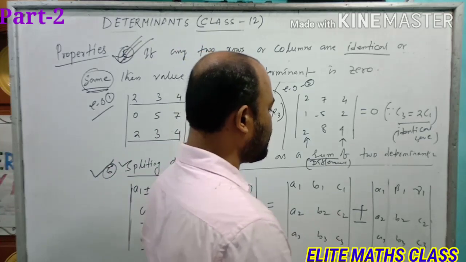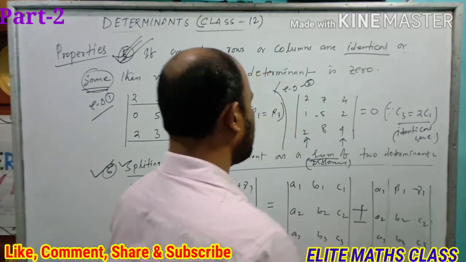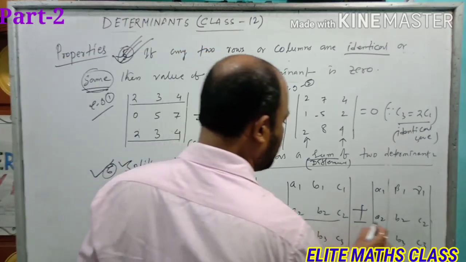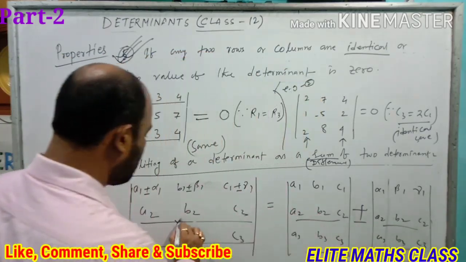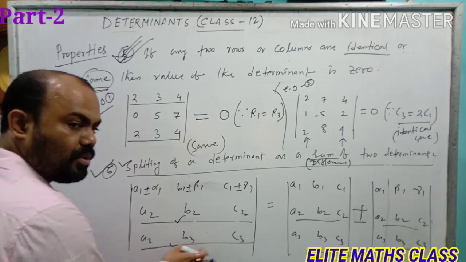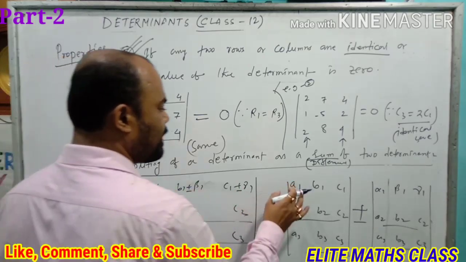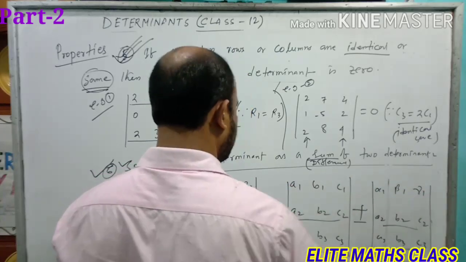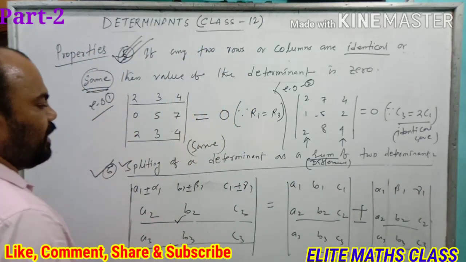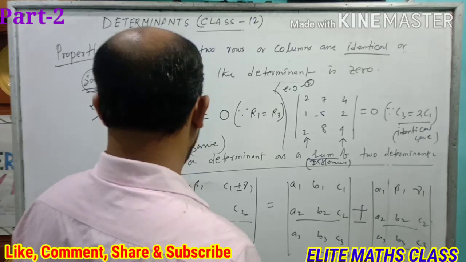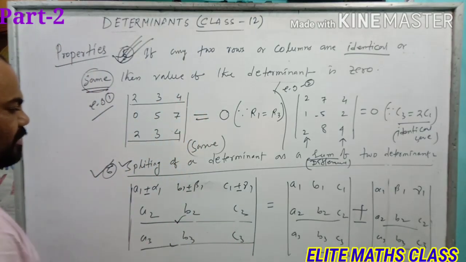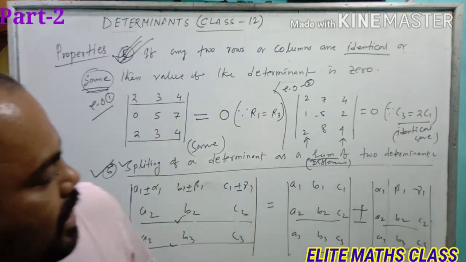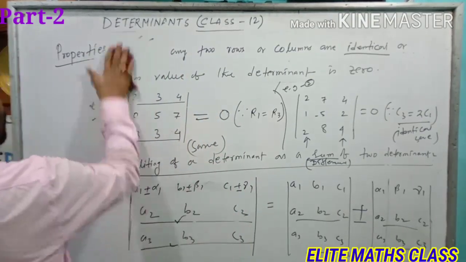In the same way you can add these two determinants as a single determinant. In this case, see, if these two rows are same, here in the resultant determinant these two rows will be same, but in the first row you have to add this plus this, this plus this, this plus this, or this minus minus. Clear? From this property, another thing you can remember, whenever we add to any row or column,